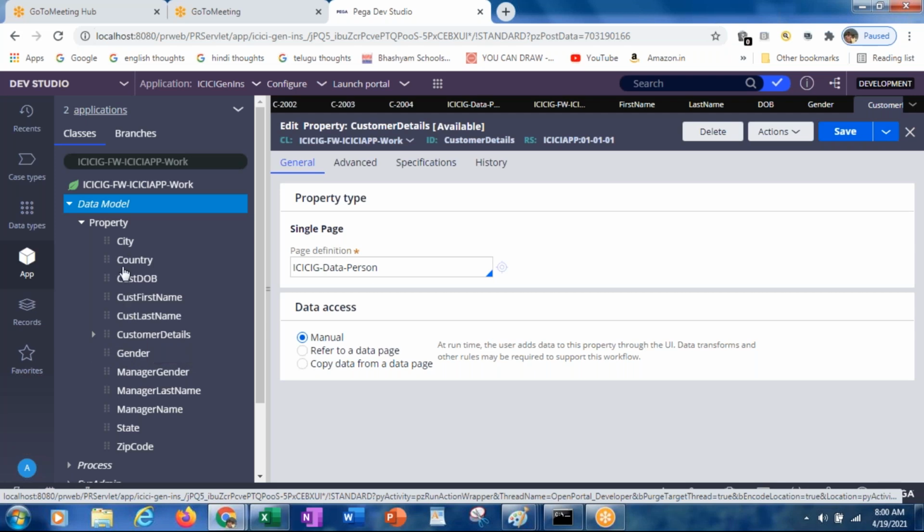So these all are the single value properties, so you don't have the arrow and you cannot expand, but this is a page property, so it has the arrow which we can expand. When you expand it, you can see the properties which are part of this person class. You see, we created these 4 properties under the person class. So now this customer details is referring to the properties from the person class. The data class, whatever you created, all the properties can be seen here.